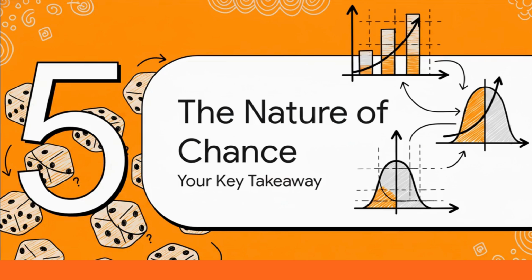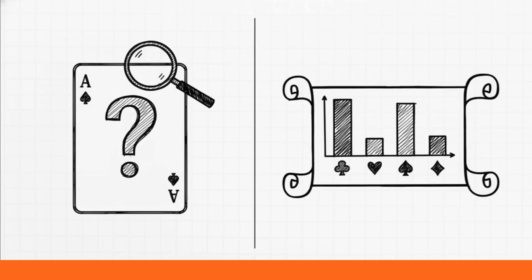So after all of that, what's the big idea? What's the one thing you should take home with you? Well, it all comes down to understanding the predictable nature of chance itself. And this is the main takeaway. A probability distribution will not tell you with 100% certainty what the next card drawn from the deck will be. But it does something far more powerful. It describes the entire landscape of possibilities and tells you exactly how likely each part of that landscape is. It's about understanding the whole system, not just predicting one single event.